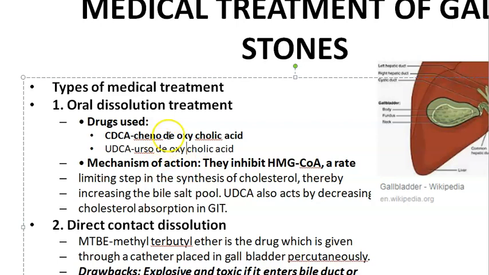Deoxycholic acid. Urso. Wow. So these drug names, if you give this, then it will dissolve. Nice. What do they do? They inhibit the